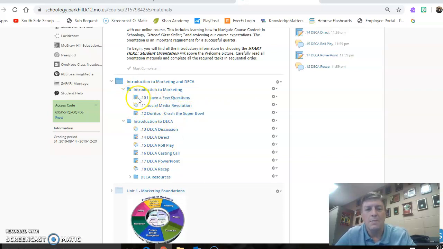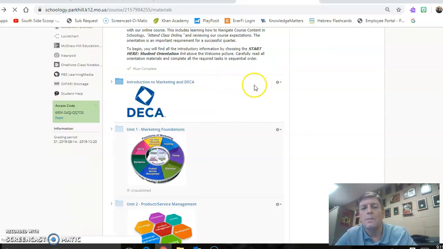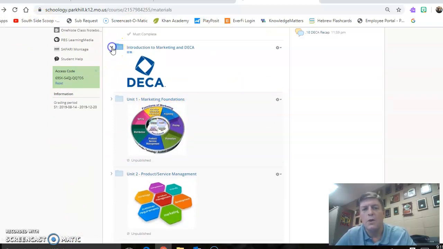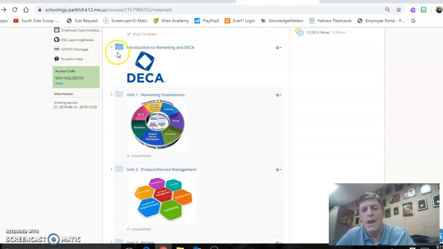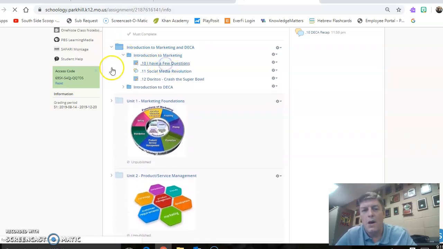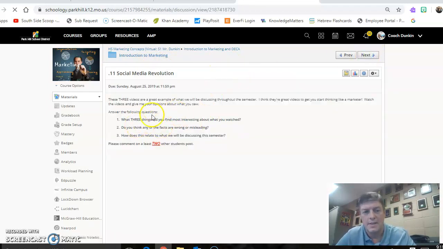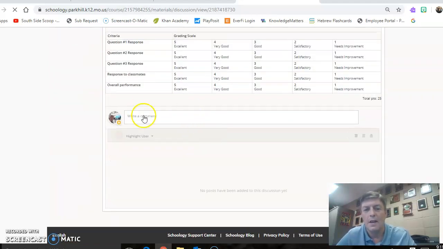When you turn in assignments, this is an assignment, you know by the icon. Your submission, I'm a teacher, so it doesn't have the button, will be where you get the directions. Where you get the assignment is where you will also submit it. So you'll always go back to submit assignments in Schoology where you got the assignment. Notice I'm using the down arrow to navigate Schoology. If I wanted to, I could just go in the first assignment, hit next, and it would automatically take me to the next assignment, which happens to be a discussion board.